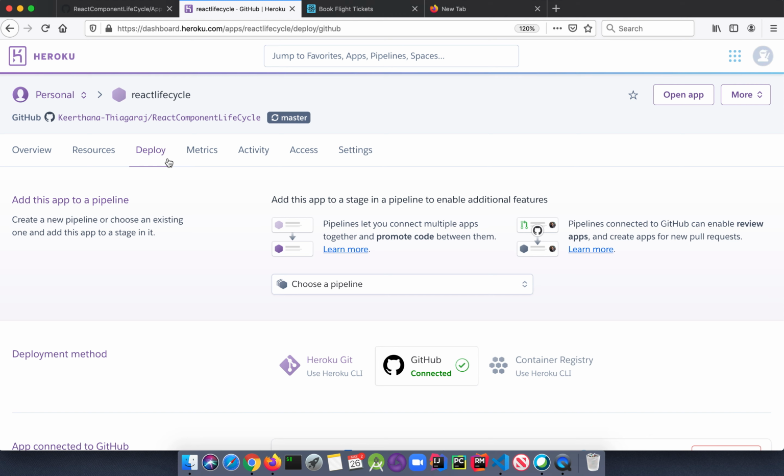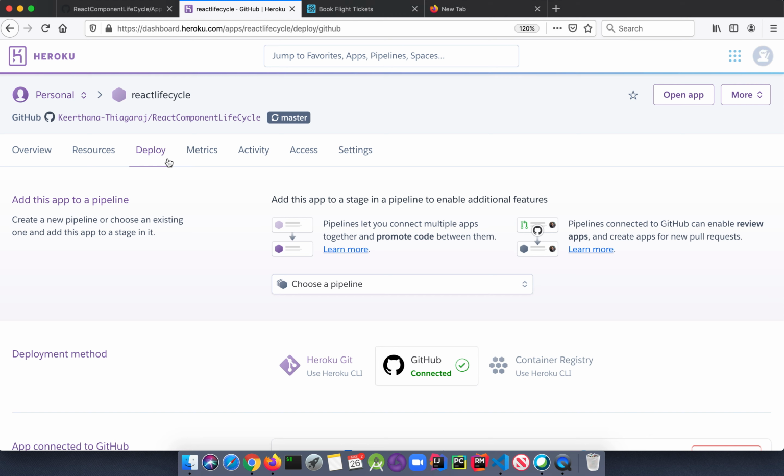Now we are going to see how continuous delivery pipeline should be created in Heroku. So like you all know that whenever an application is created, there will be like multiple environments like development, staging, production, like that. Similarly, in Heroku, we have a concept called pipelines. Under pipelines, we have like 4 stages: development, review, staging, and production. These are like 4 stages in the pipeline.